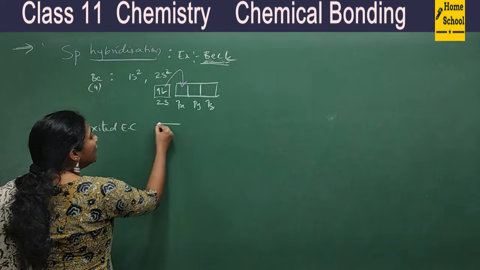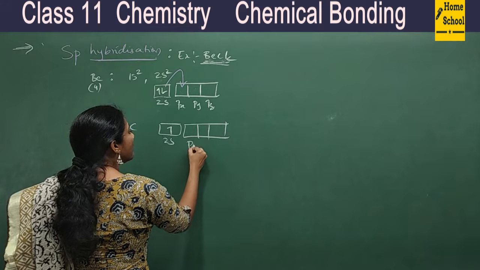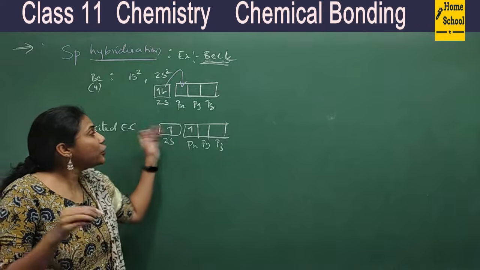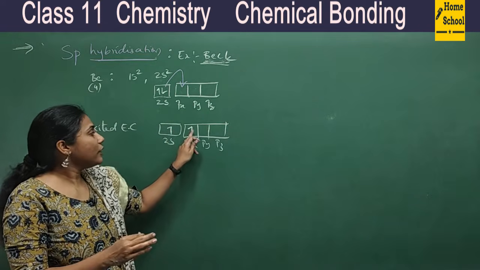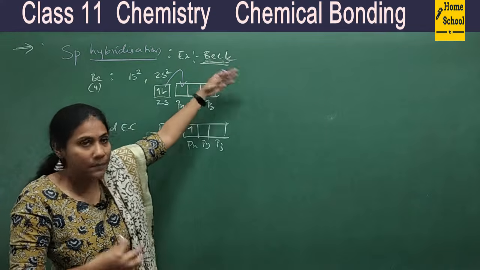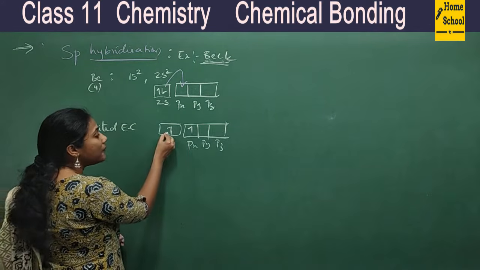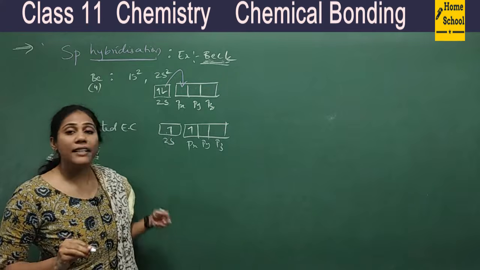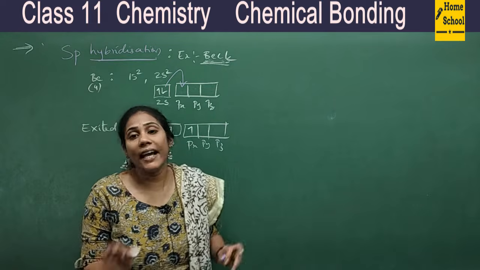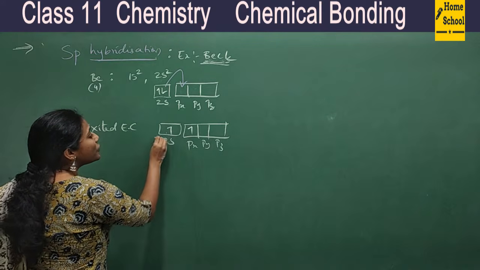Okay. So now you have a 2s orbital with a single electron and a px orbital with a single electron, with py and pz empty. So now two orbitals are ready with single electrons to overlap with two orbitals of the Cl atoms that are coming to make a bond. Right? Now you observe one thing. The s orbital's energy is different, the px orbital's energy is different. But if both of them have to overlap at the same time with two Cl atoms, they must have the same energy. So what happens? Mixing of these two orbitals takes place.